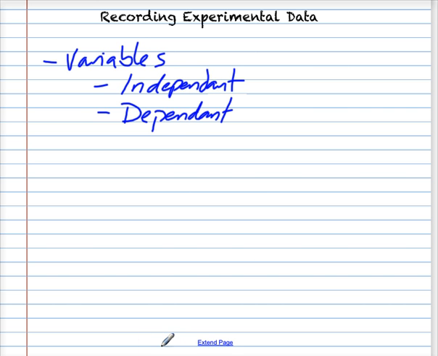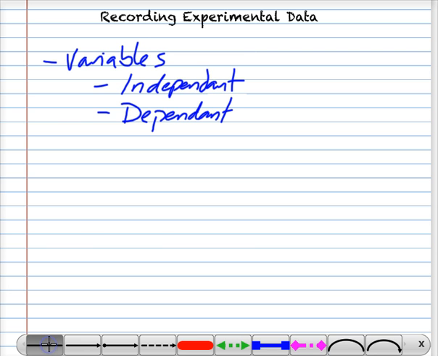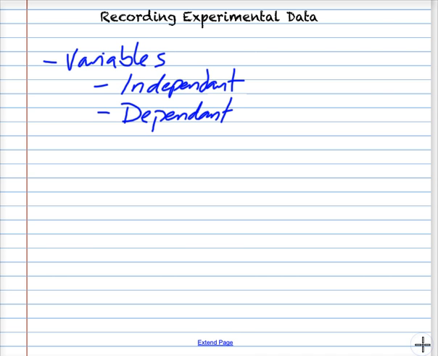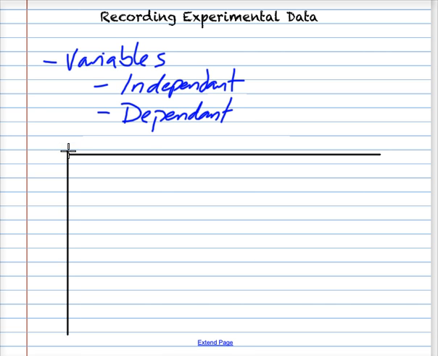So, to keep things organized, we record our experimental data in a data table. In the data table, the independent variable appears in the left column and the dependent variable appears in the right column. So let's draw up a data table, a typical data table. So I have on my smartboard the ability to draw straight lines. You can draw straight lines with a ruler, of course. So here we go. Here's my data table taking shape,